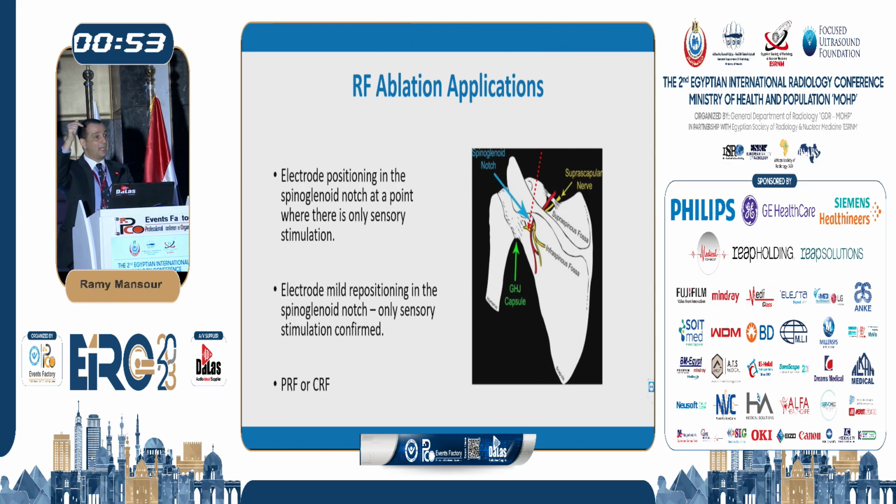You can go further distal, where the sensory nerve going to the shoulder is, and in this instance, when you can reach this position, you can apply continuous radiofrequency, because this is only sensory. But for any reason, if you couldn't do that because of severe osteoarthritis, or you don't have the skills or the way to do it,